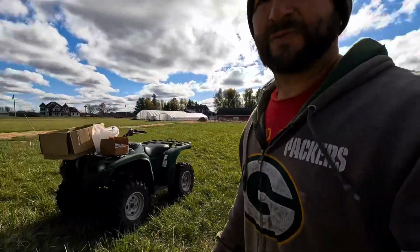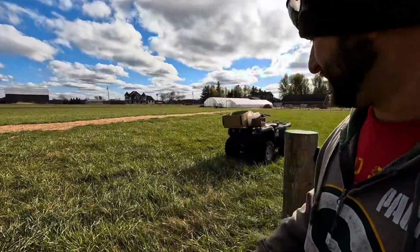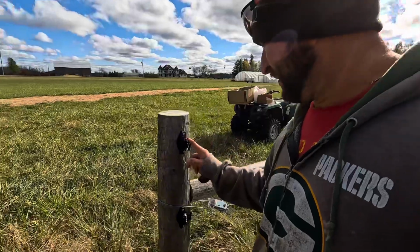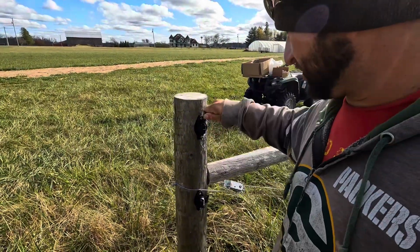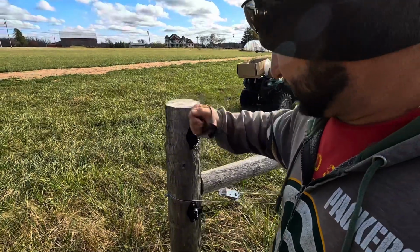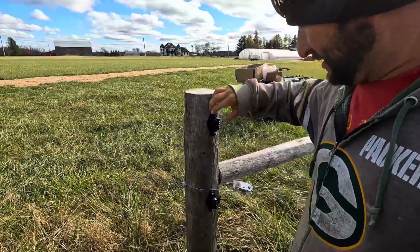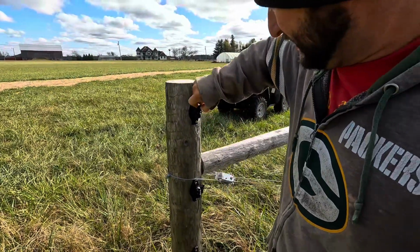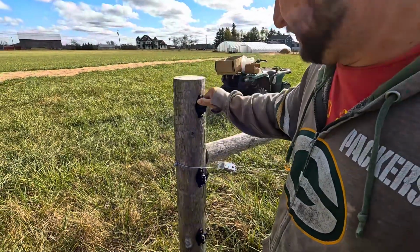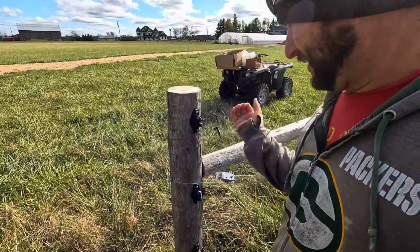It looks practical, it looks easy to change if something breaks, and this is what it looks like right here. So the wire will go right in the middle, and then you just lock the wire in right there. Now, if you need to make a repair, it's pretty easy to unlock these things. Right here, you just pull them up,